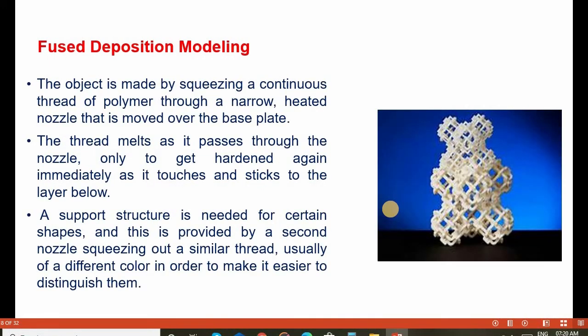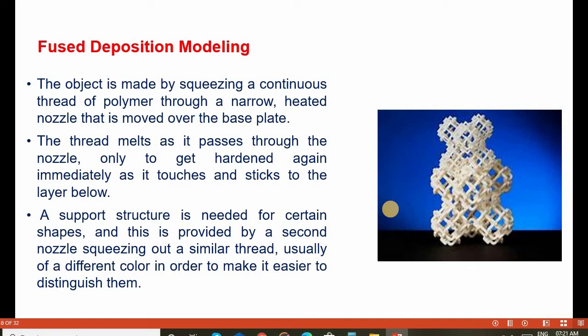The object is made using a continuous thread of polymer through a narrow heated nozzle that is moved over the base plate. The thread melts as it passes through the nozzle, only to harden again immediately, so it touches and sticks to the layer below. The support structure is needed for certain shapes, and this is provided by a second nozzle extruding a similar thread, usually of a different color, to make it easier to distinguish them.